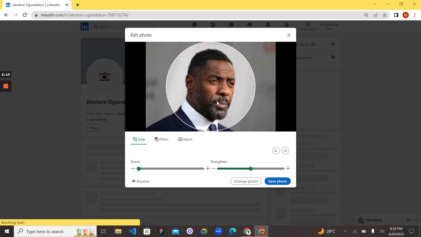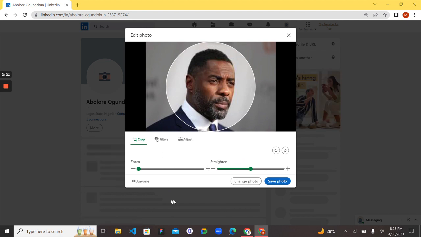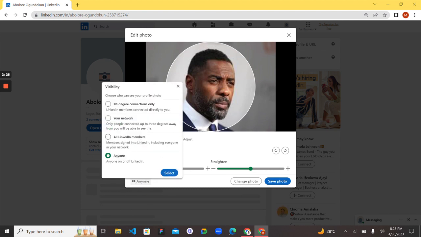You understand? So, like I've said initially, a headshot is actually the most preferable. You get to use a headshot. Then the next thing I want to talk about when you're uploading your images is privacy. Who can see your profile picture? Because of privacy, you have these visibility options to choose who can see your profile picture on